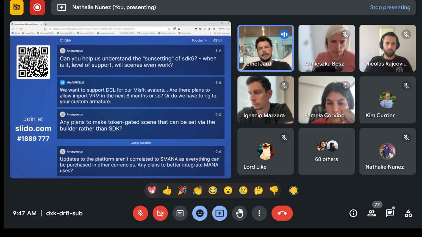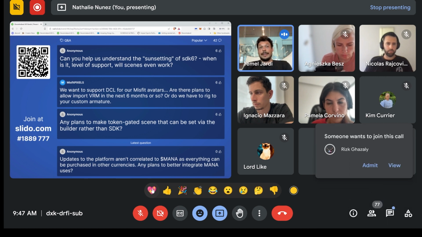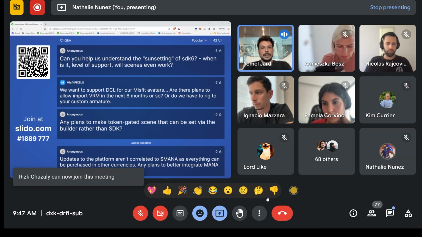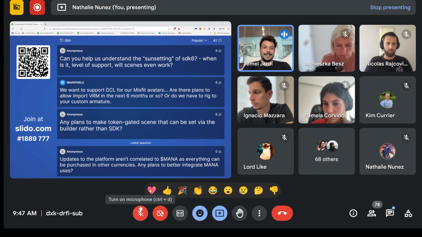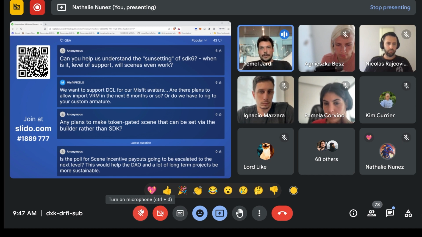We are also working on some plans to be able to render something that is on SDK6, but it won't work completely. So when everything will stop working is actually when we release a new client. If we expect to have a new client in mobile, in VR, or desktop, all of that will be SDK7 only, and SDK6 scenes will render, but the experience will be completely degraded, probably not interactive, or the UI won't work.